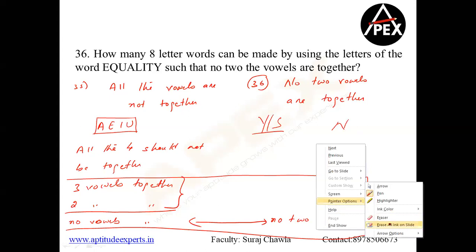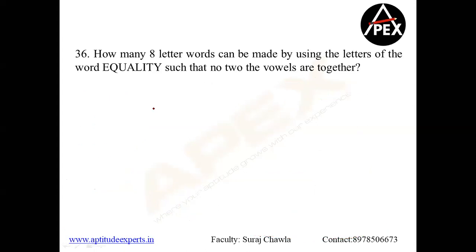Right? Now what happens when no two vowels are together? When no two vowels are together, which means I need to have at least one consonant between two vowels. Simply, I have three boys in the class, and let's say I have five girls in the class. And I'm saying no two boys should be together. So I can have a boy, a girl, a boy, a girl, a boy, and I can have girl and see. No two boys are together, which means girls can be together.